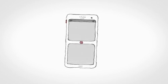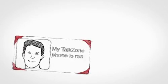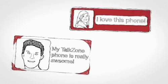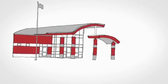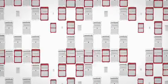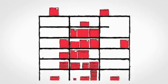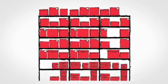Last summer, Devices came out with a new smartphone called the Talk Zone. After marketing the phone through websites and social media outlets, its popularity exploded. Students in high schools around the country wanted the Talk Zone, including Brandon. Thousands of phones sold in the first few days. Thankfully, Devices had enough Talk Zones in their inventory to fill orders from stores across the country to meet the